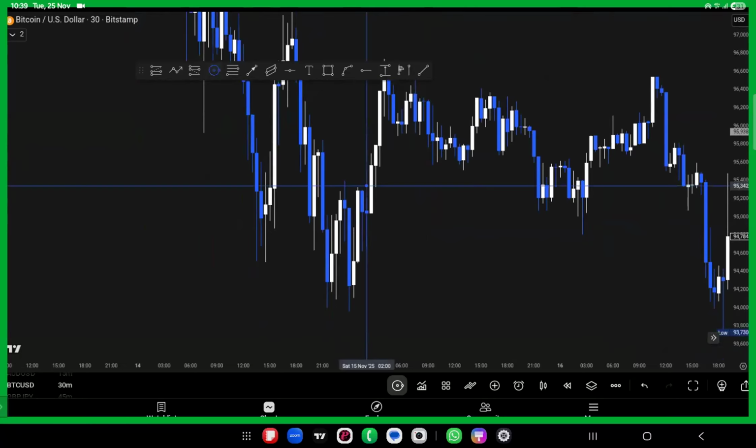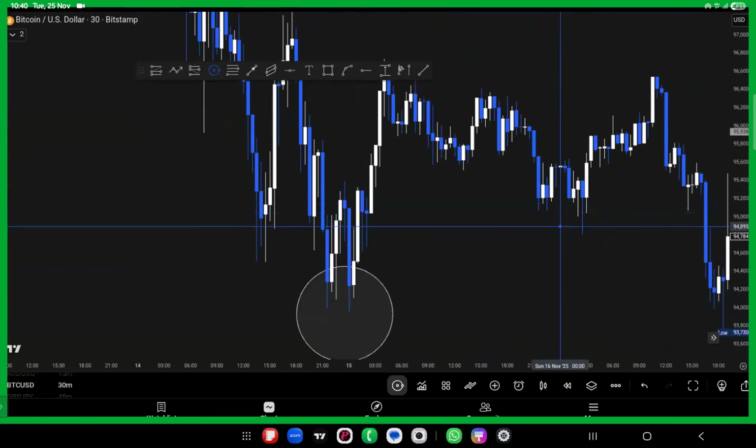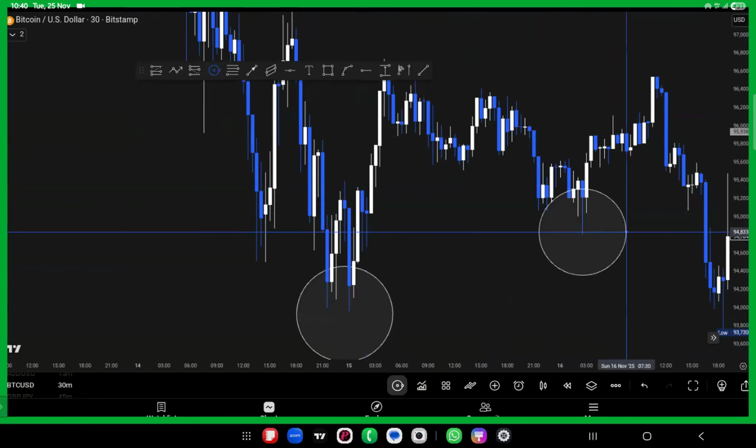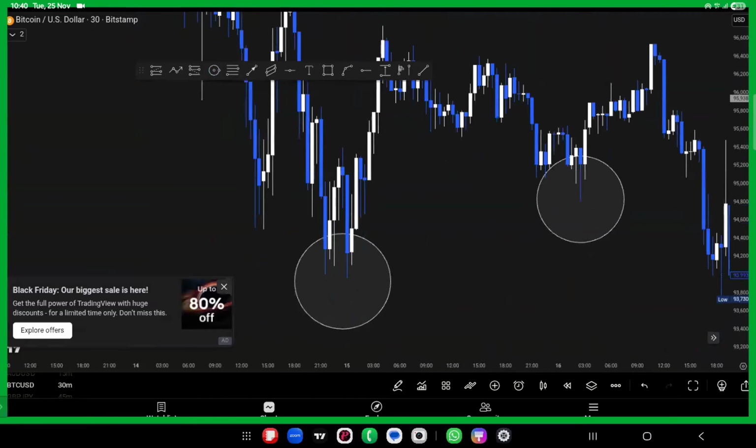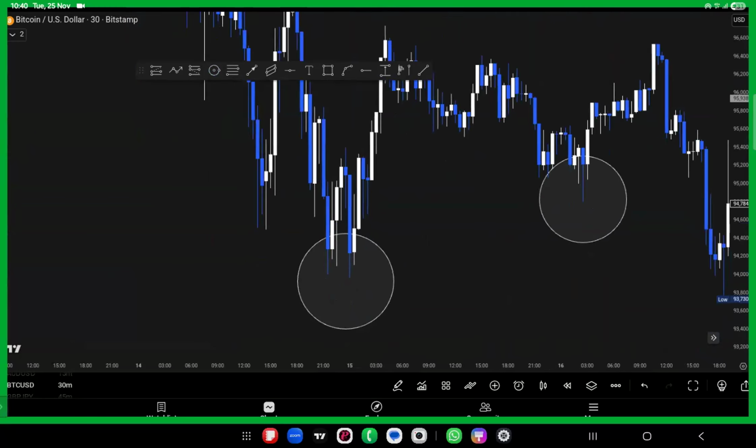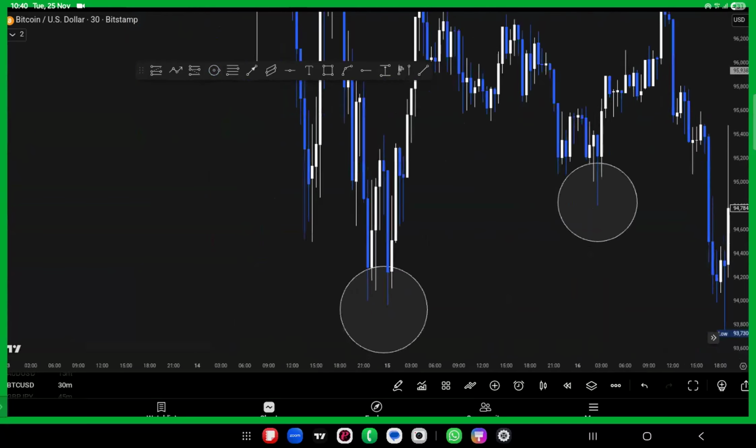Now, over here, we have two lows. This is the first one, and this is the second one. It's not a well-defined low though, but for the sake of this class,